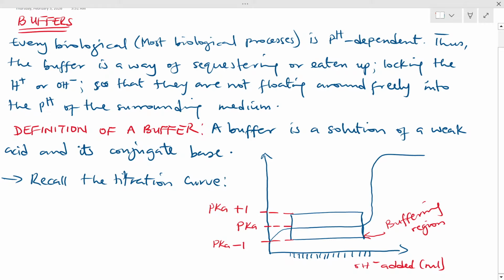that buffering region is what determines what the pKa of the buffer solution is. And we said that the buffering region is pKa plus or minus 1. Alright, and so when we are creating a buffer solution, it is very key to show our buffering region. Okay, so